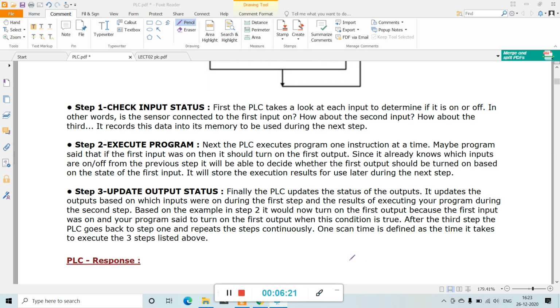After the third step, the PLC goes back to step 1 and repeats the steps continuously. One scan time is defined as the time it takes to execute the 3 steps listed above. Then the next one is the